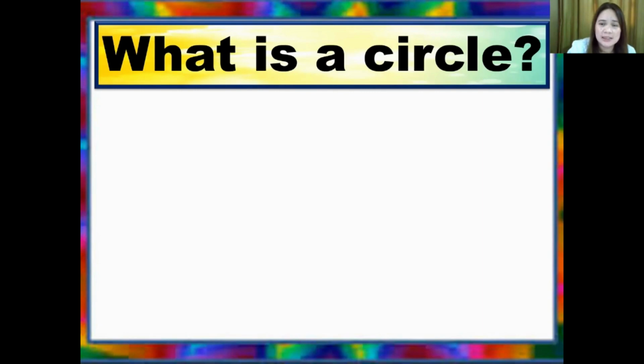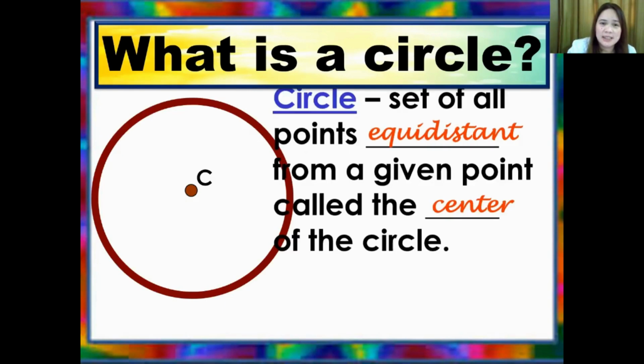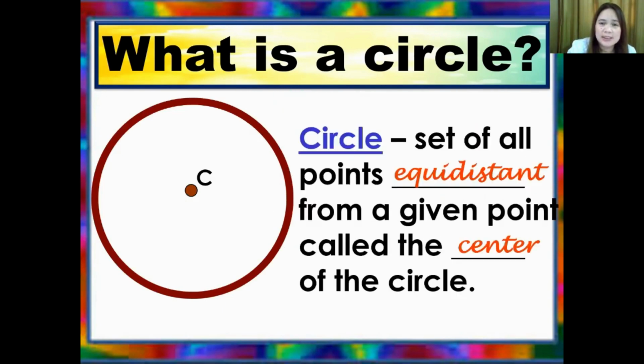But what is really a circle? A circle is a set of all points equidistant. What do we mean by equidistant? It means equal distance. So equidistant means they have the same distance from a given point that is called the center